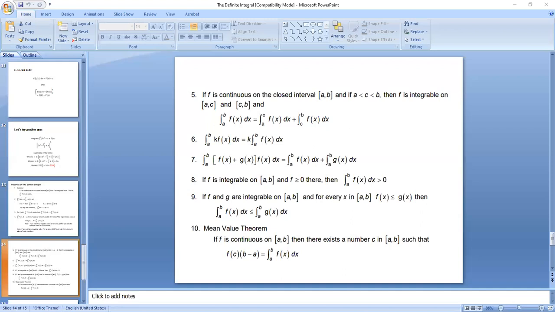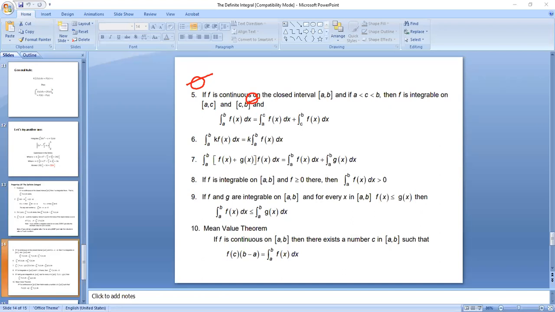So you say the function of x integrated from A to C plus the function of x integrated from C to B. If you notice, class, you made use of the C in here. I'll just use the red one. And the one that you have here is upper limit. The one that you have here is lower limit. If you take this out, it's just like you're integrating the same function, f of x, integrated from A to